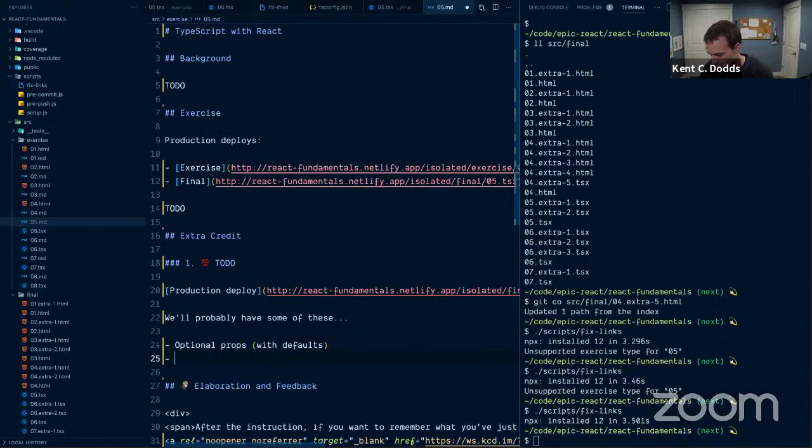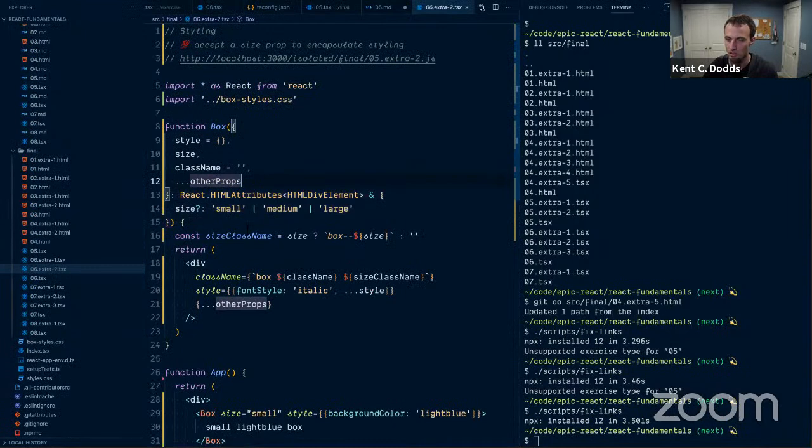And we'll get into typing event handlers too, and useState, and the generics that you pass to those will come up eventually. But yeah, I think we'd probably be okay with some component that allows us to have typed props and maybe some defaults. We are going to get into that in the very next exercise though,